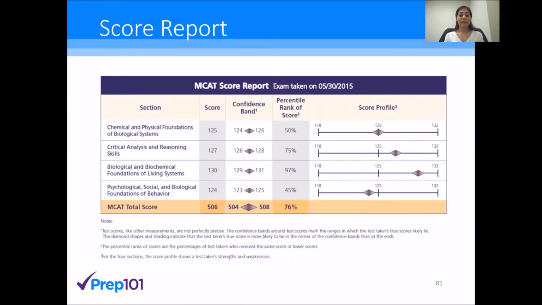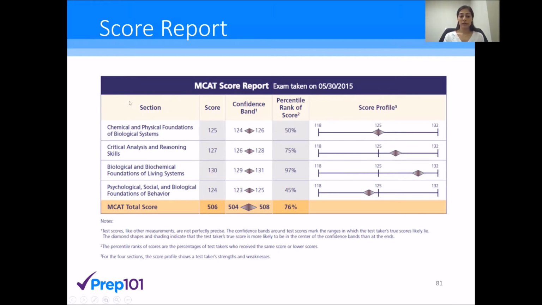Okay, so this is a sample AAMC score report. This is what you get when your score is released on their website, and this is what you forward to the medical schools that you apply to. So for example, if you're a student in Ontario and you're applying through MCAT, this is where you give them your AAMC ID. And the AAMC ID is something that OMSAS has the ability to log into and see your final score for.